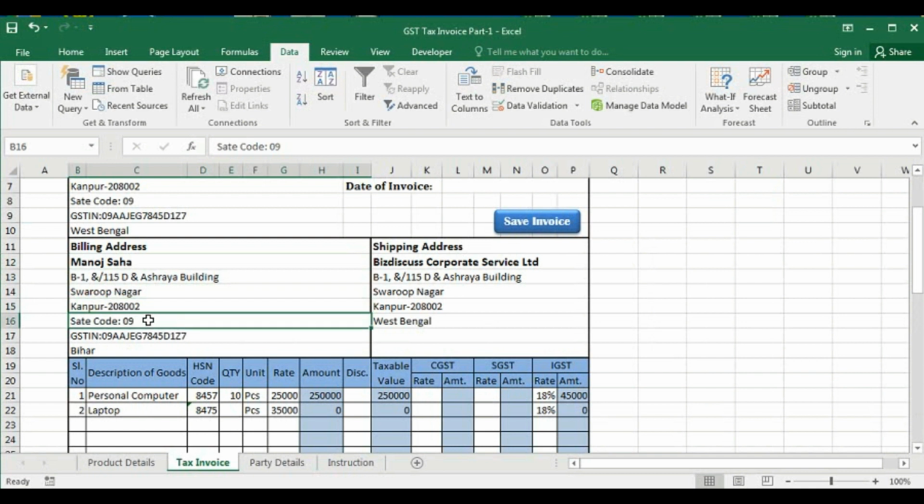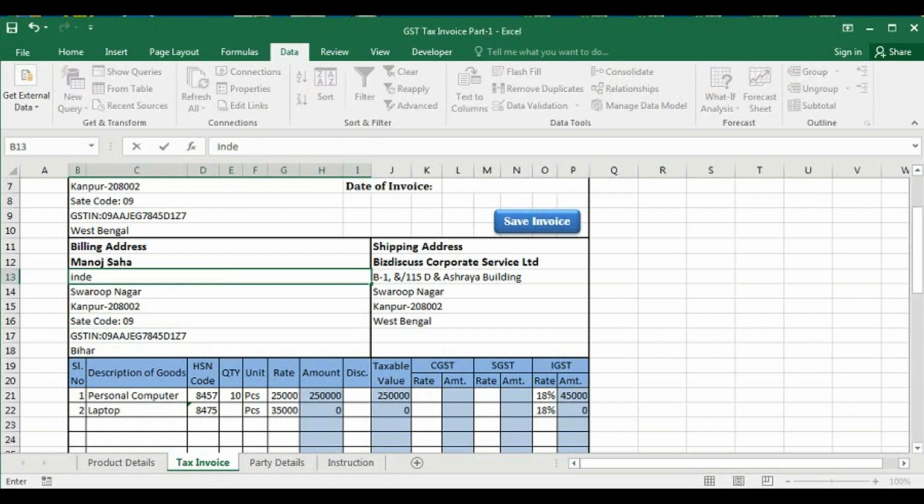And with address line 4 we will use the pin number, and if the address line 4 is blank, then the pin number will be added with address line 3, and then here we will use GSTN number, then here state. So this can be done with the help of index match formula, a combination of these two.